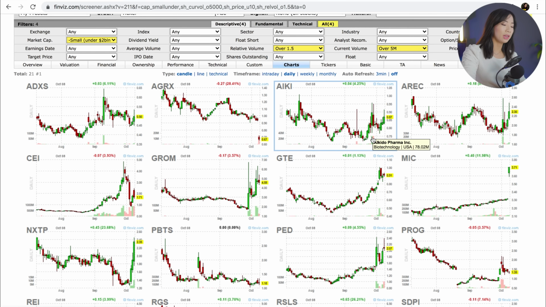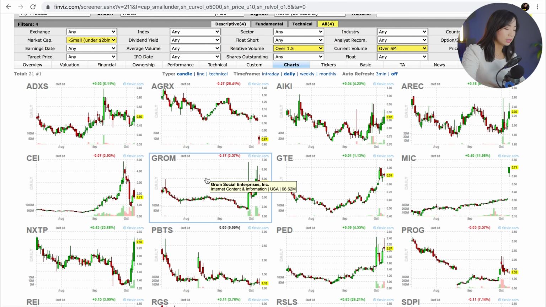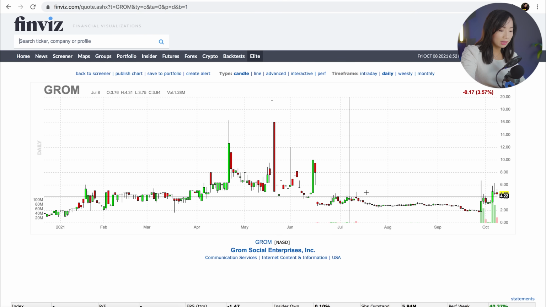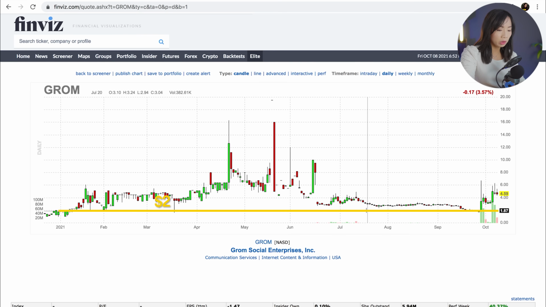What a true breakout will look like is this stock, GROM over here. So if we click it and go to the daily chart here, you can see that the stock came from $2 all the way to about $4. And here it is reaching some resistance around $4 and it has tried breaking out to $6. So this will be one of the stocks I would further analyze on my broker platforms.